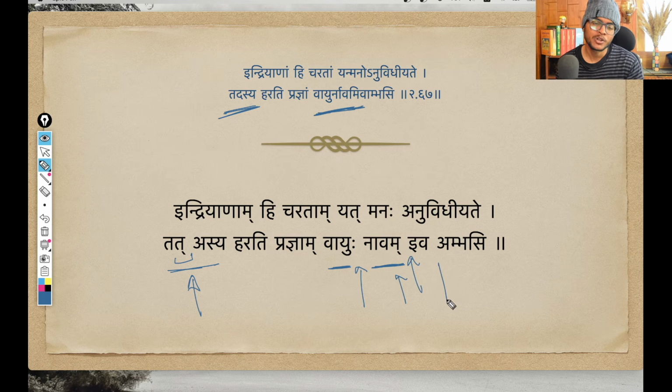And then lastly, you can spot another sandhi between Iva and Ambhasi. This is the Savarna Dirgha sandhi. And so all these words are combining as Vayur Navamivambhasi. Okay, that is what you see in the Mool Shloka. And again, all the sandhi rules for the sandhis we spotted in the shloka, and the entire word by word breakdown for this particular shloka is in the PDF sheet that you can download from the link in the description box. Now let us move on and start the decoding of the shloka.